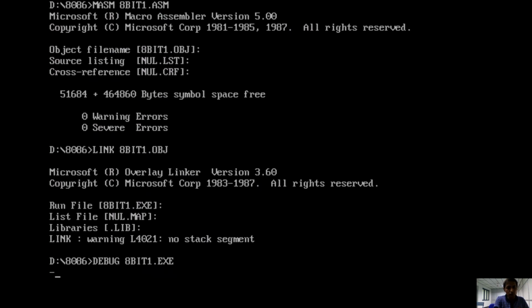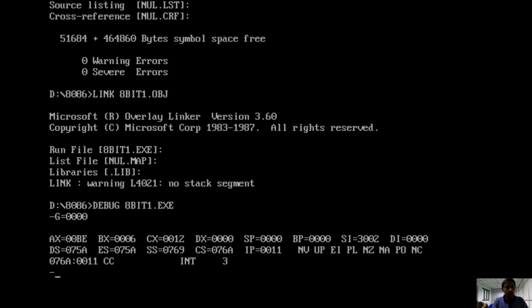It indicates that execution is over. Now we are making our assembly language program: .asm file creation is over, linking is over, .exe file creation is over. Now running. For running, always the command is g equal to the starting address. The starting address for all assembly language programming in masm is 4 zeros. That's why g equal to 4 zeros, then enter. So by default all registers have the corresponding values. Okay, now this is over.